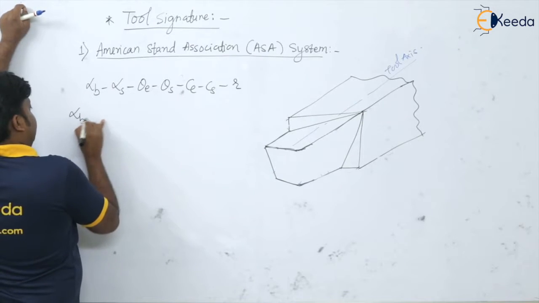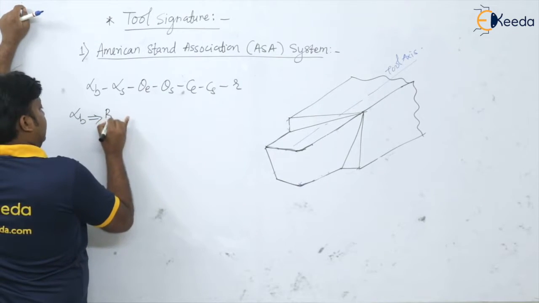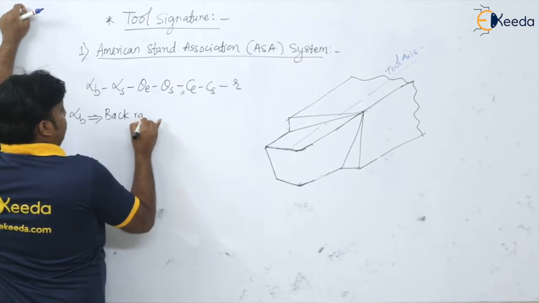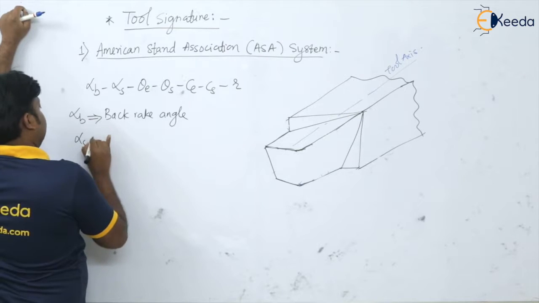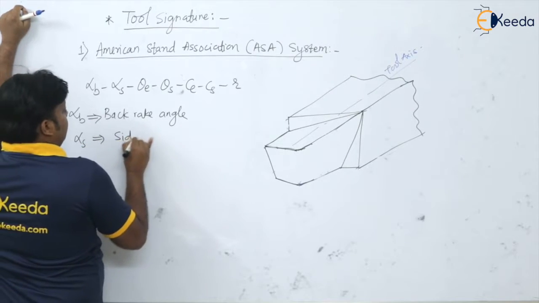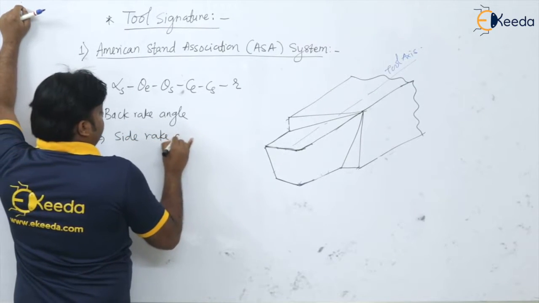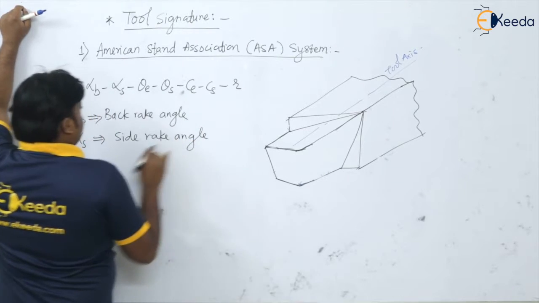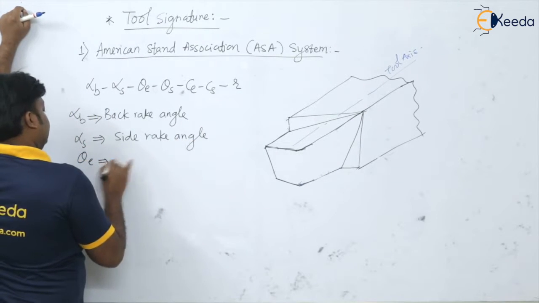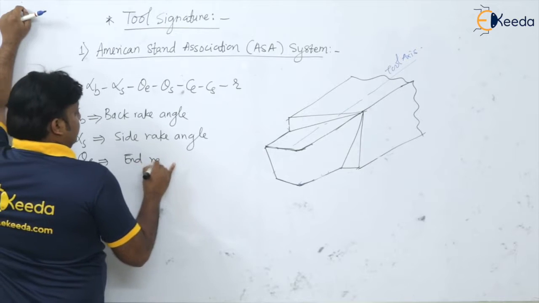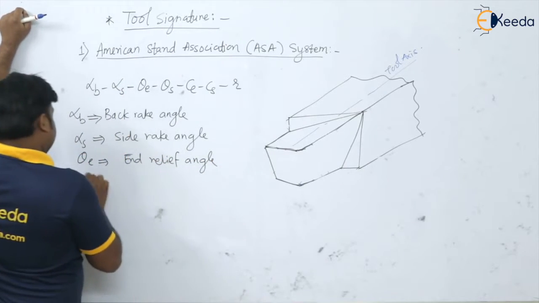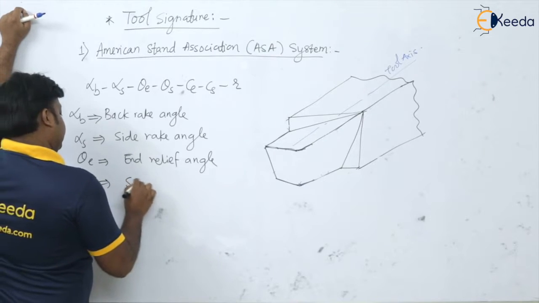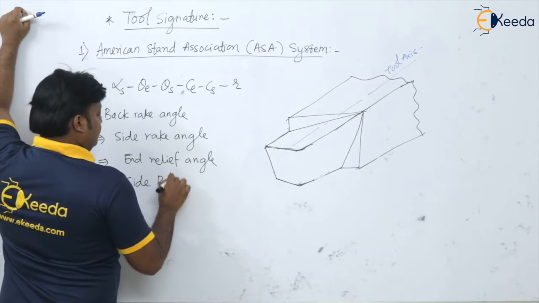So here alpha B is the back rake angle, alpha S is the side rake angle, theta E end relief angle, theta S is the side relief angle,